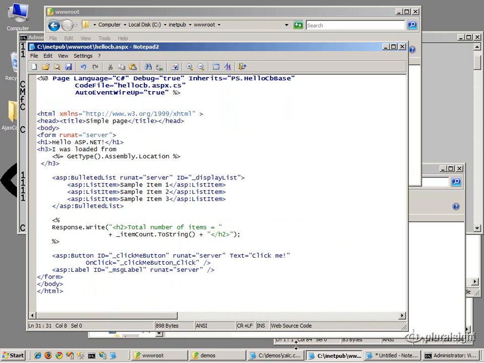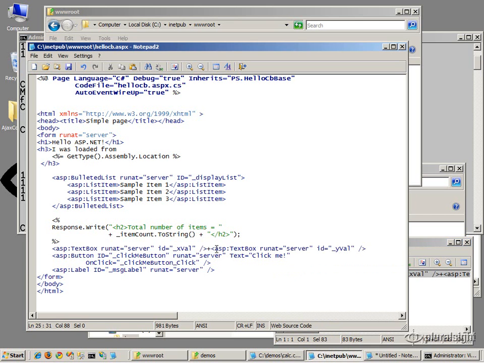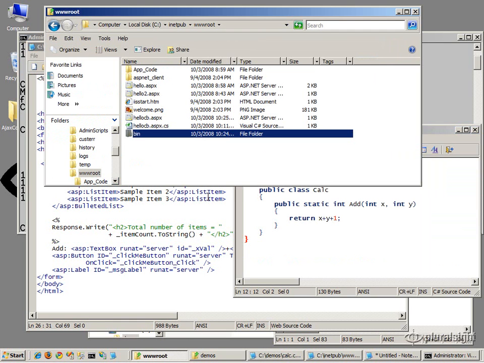To make this a little bit more interesting, let's build up a calculator user interface by putting in a couple of text boxes. So I just placed a couple of server-side text boxes here, one called _xval and one called _yval. And I still have the button here. Let's change the button from click me to add numbers. And we'll leave the message label as it was before. And let's go to our code behind class, which I have right here,